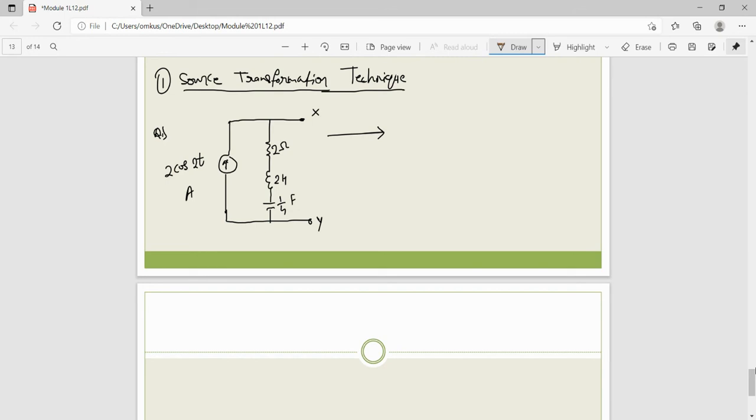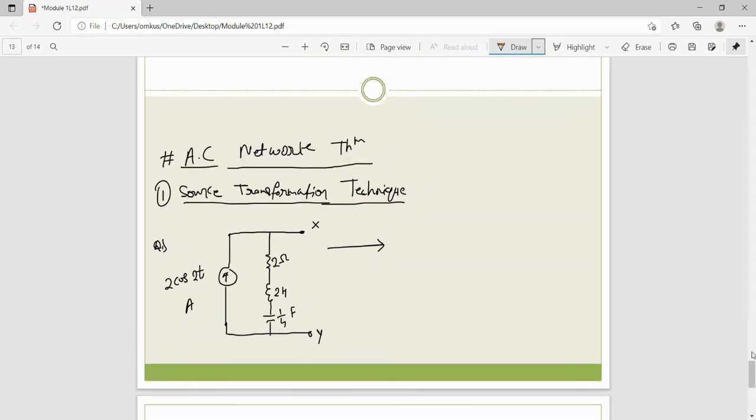Now see, this is a simple theorem, the source transformation theorem. How to calculate or convert using that theorem? First of all, you need to find the impedance parameter, right? See, the omega term is given to you, so place the omega value and represent. This is in XL form and this is XC form, right? So this is jXL and this is minus jXC.